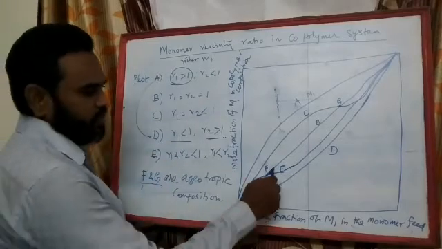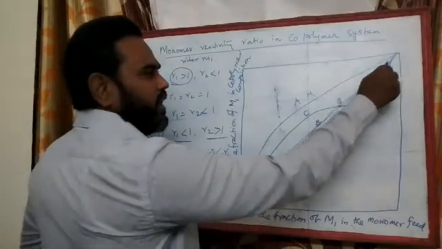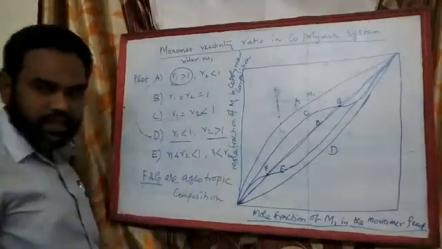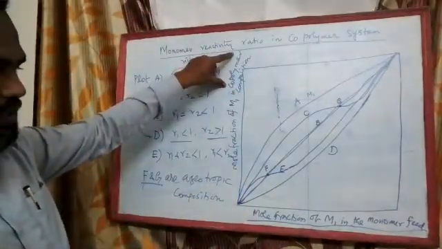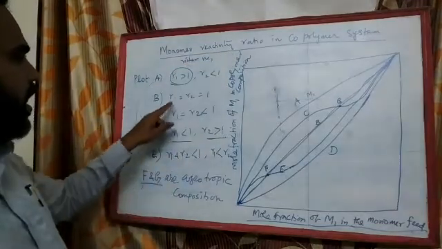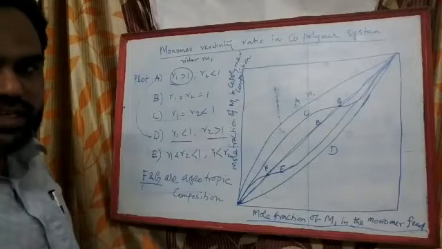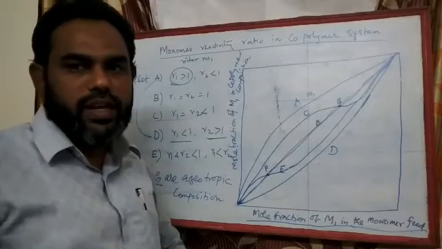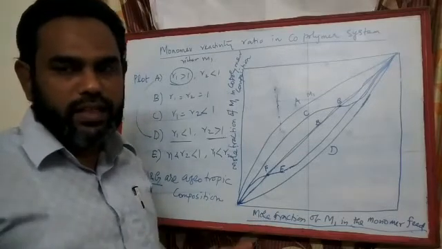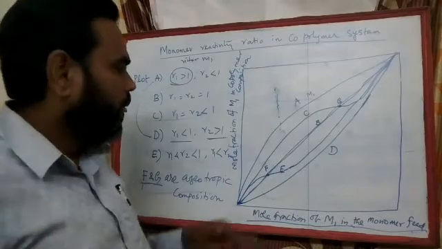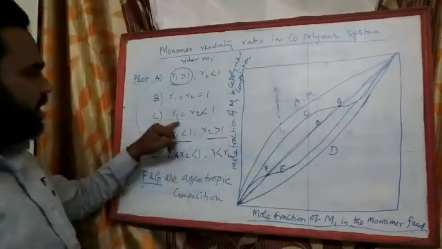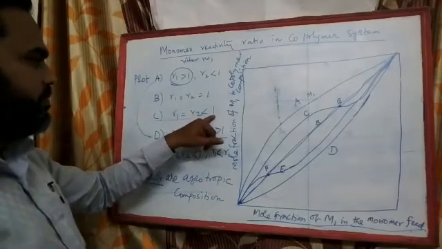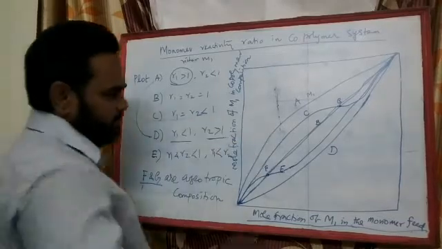In between you have R1 equal to R2 equal to 1. This comes here, the B. Here the monomer mole fraction of M1 maintains a linearity in the copolymer composition. When R1 is equal to R2 is equal to 1, it is said to be an ideal system, where the monomer feed is the same as the copolymer composition. Then you can see system C, where R1 is equal to R2, which is less than 1.